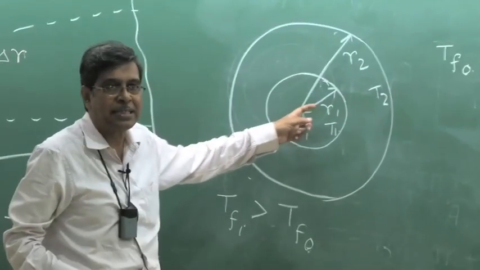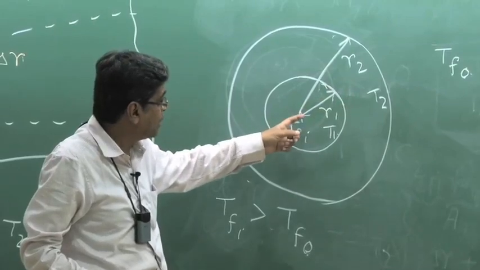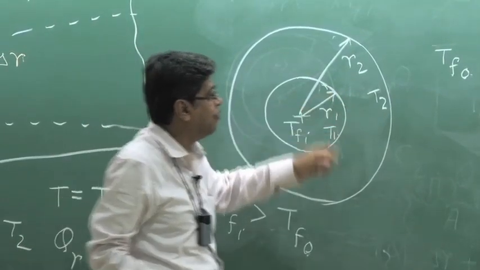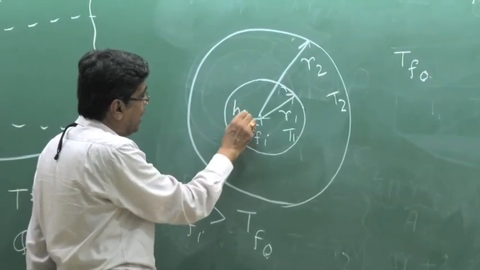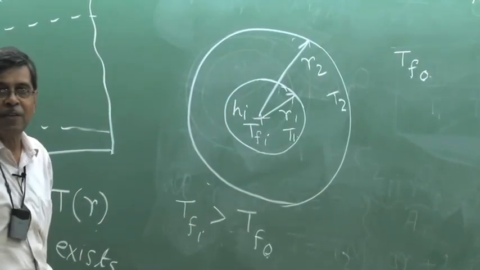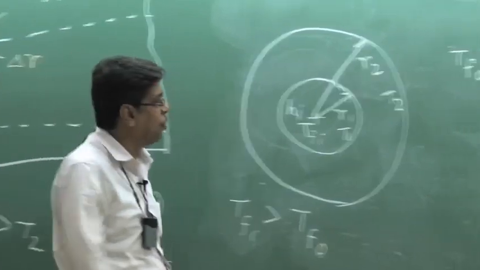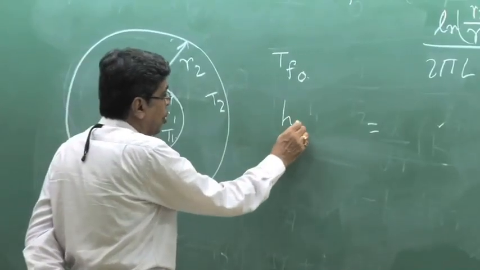Because of steady state, the same heat Q is flowing by convection from the inner hot fluid to the surface, and if I prescribe Hi as the heat transfer coefficient of the inner fluid and HO